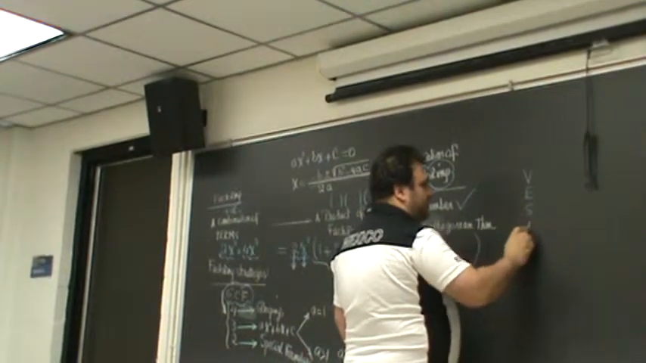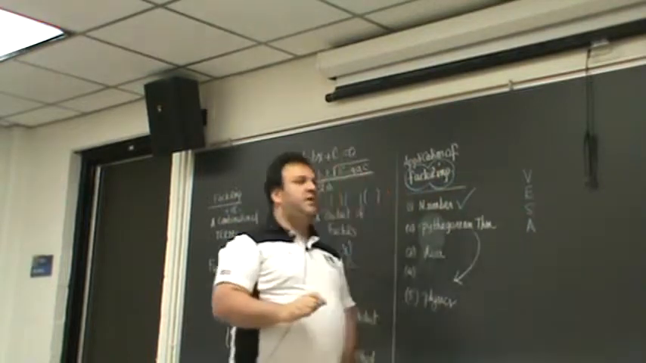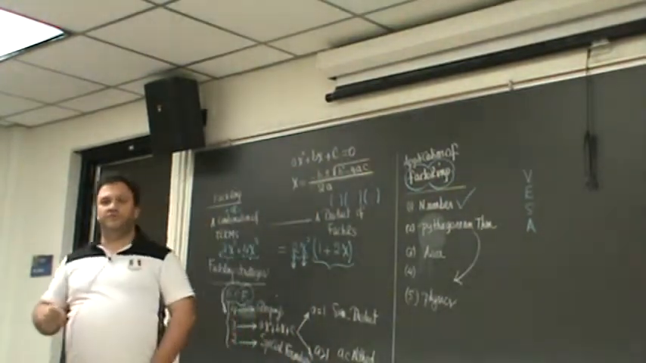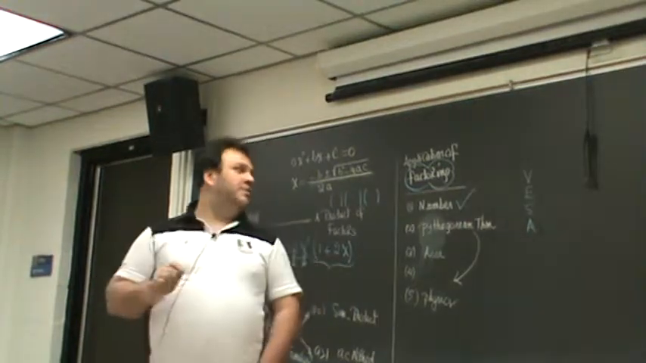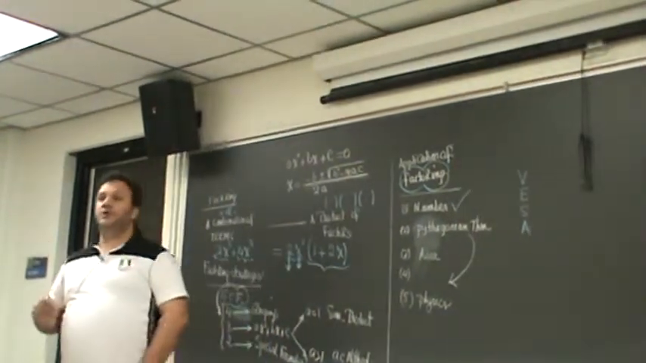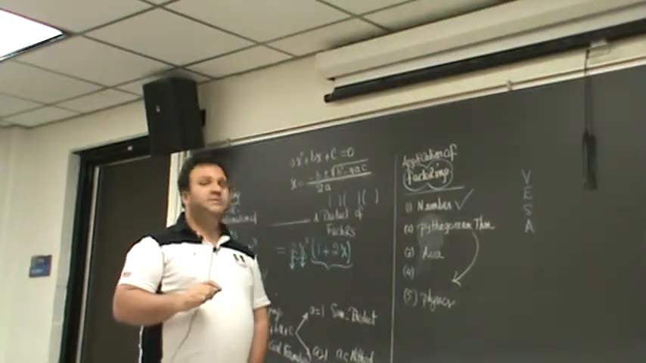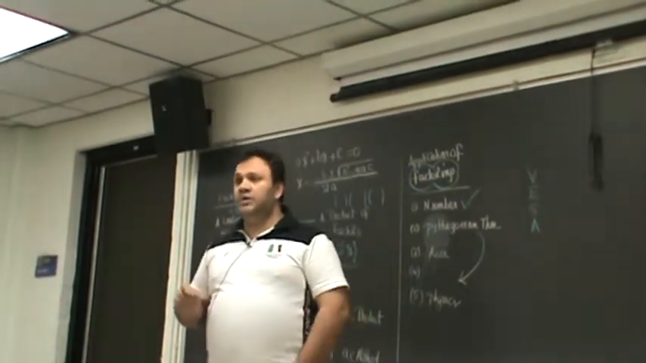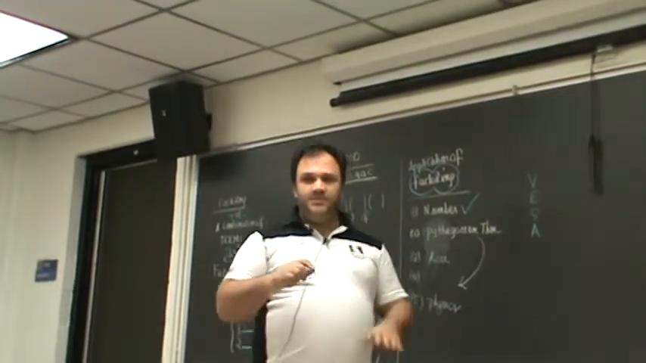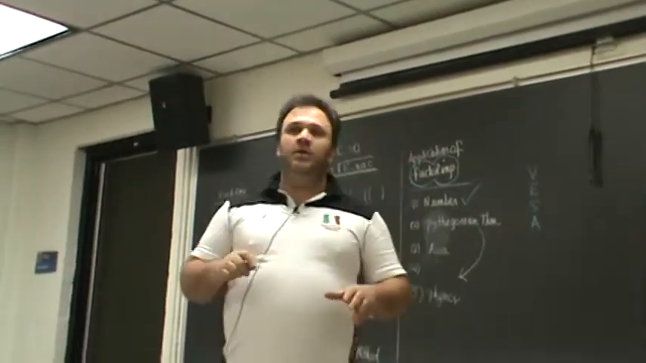Can anybody tell me what VESA stands for, or what V and E and S and A stand for? V is for choosing the variable. E is for setting up your equation. S is for actually solving. And A for checking your answer. And universally speaking, that is a pretty good way to go about